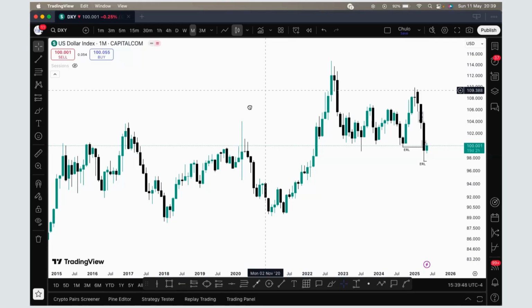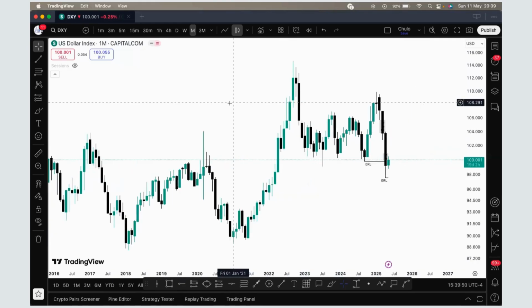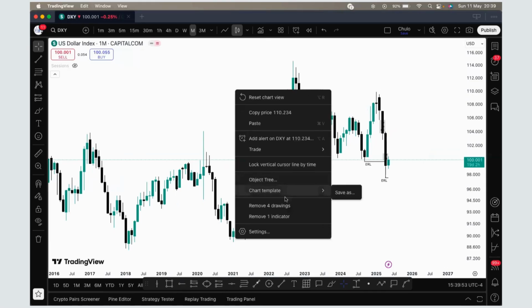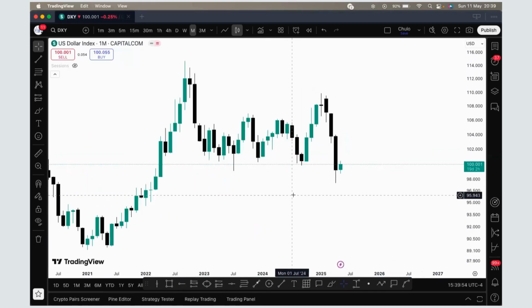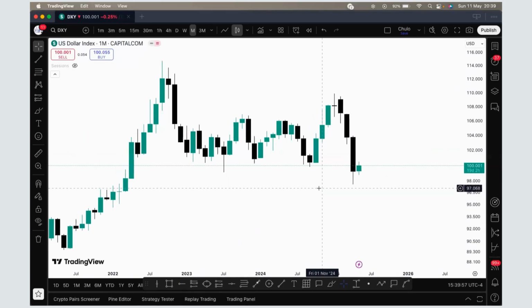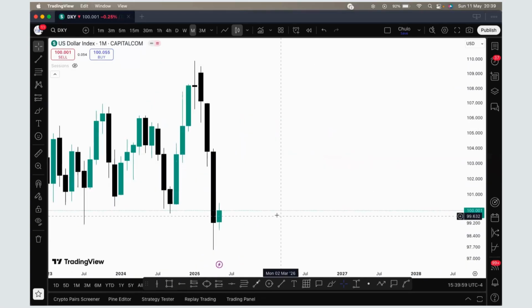So for this DXY now, we are starting from the monthly time frame. I'll have to remove all the drawings. We're starting from the weekly time frame. And if you've been following my analysis very, very well, you know that I just look out for two